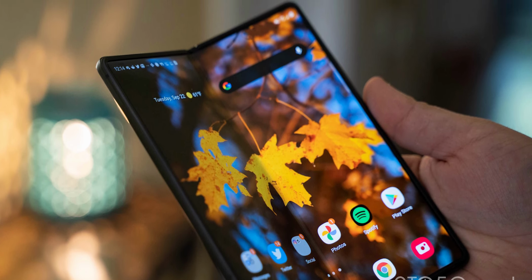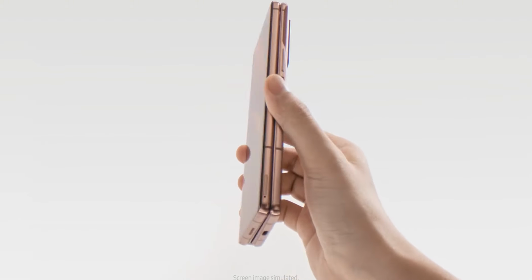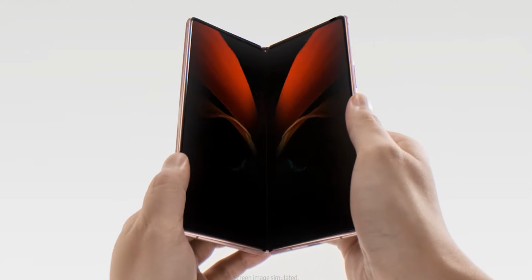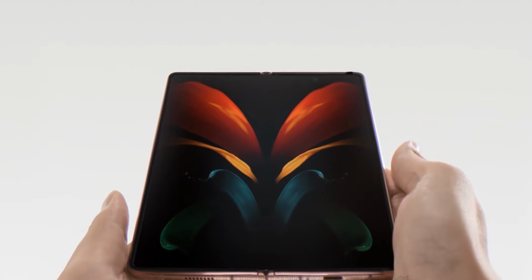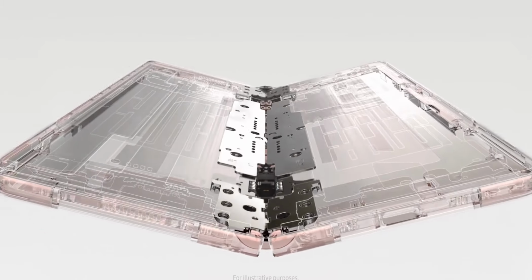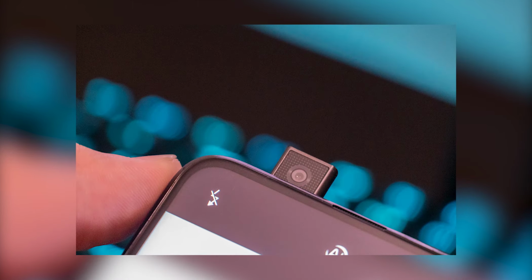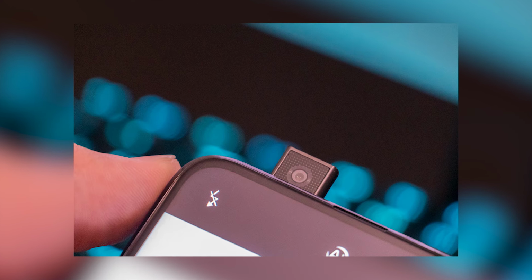so there would be no notch, no hole punch, just a full view display with edge-to-edge corners. It would be possible by placing the camera under the OLED display, and with the help of the new technology that would enable the light to pass through the display so that you can capture pictures. Samsung was initially planning on giving us a pop-up camera, but they scrapped that idea and went with the under